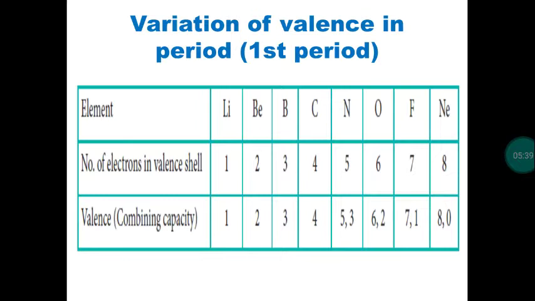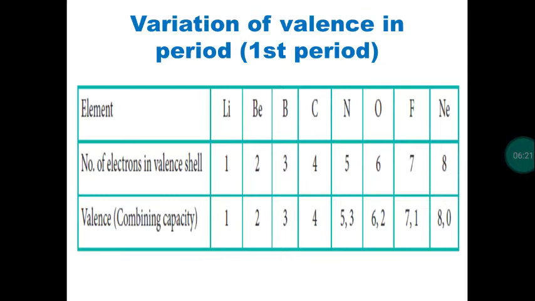The second method of calculating valence is based on valence electrons. For lithium, 1s2 2s1, in the outermost shell, the second shell, 1 electron is present. So the number of electrons in the valence shell of lithium is 1. Now what about valence or valency? You just take the valence electron count as the valency up to number 4, right? For lithium, the number of electrons in the second shell is 1, so valency is 1. That means the combining capacity of lithium is 1. Lithium can make a bond with only one element.